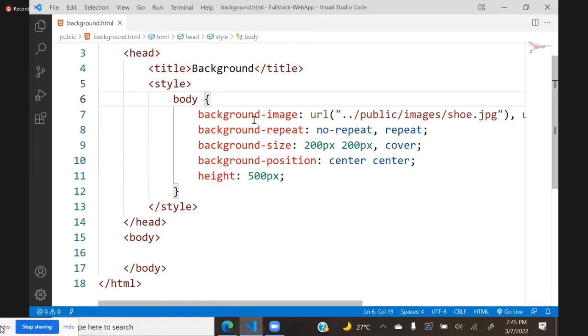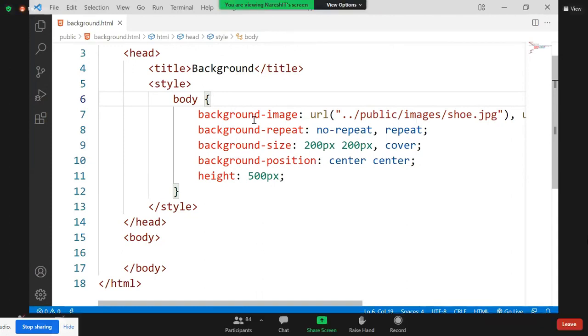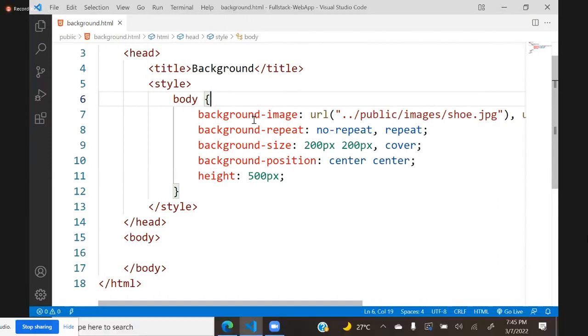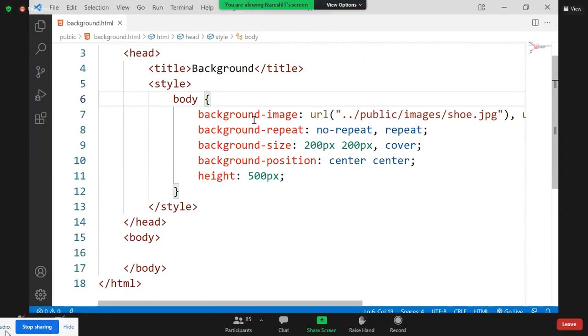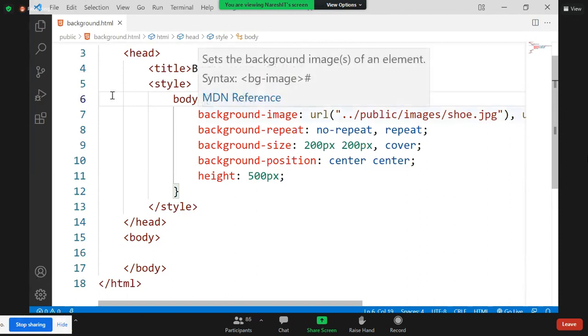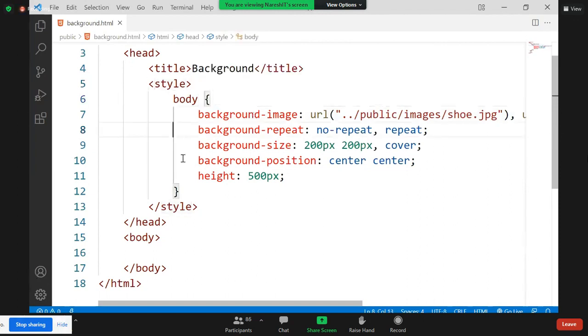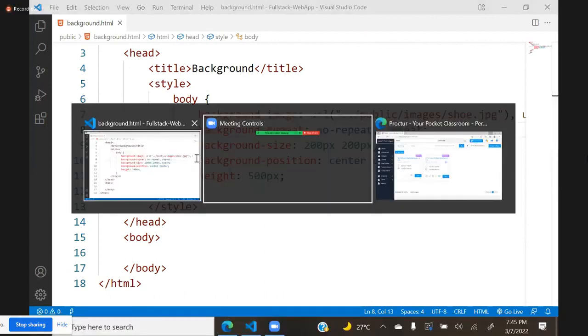Okay. Last session we discussed working with backgrounds. We learned how to use background images, background size, position, and so on. Right. Next, after understanding background effects, in order to design some examples,